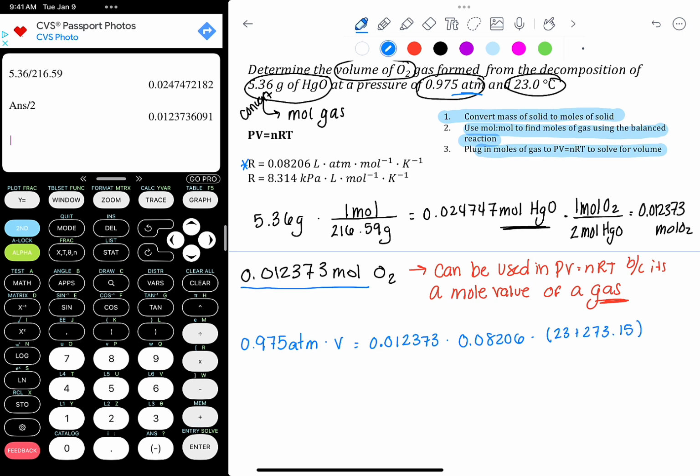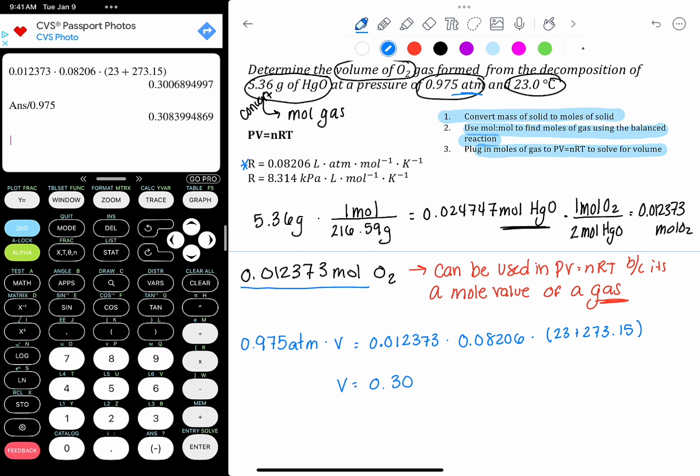So we take 0.012373, multiply that by 0.08206, and multiply that by 23 plus 273.15. And then we divide that by 0.975 to isolate the volume, to get a volume of